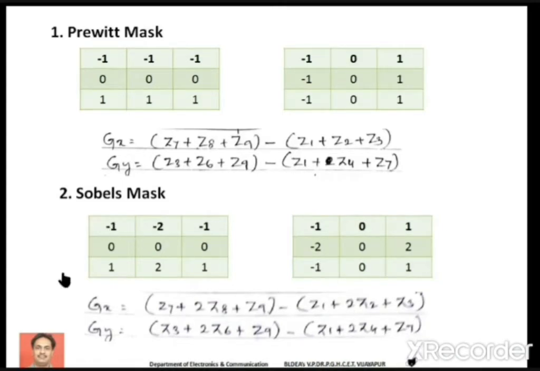I think you are understanding how to calculate gx and gy using these masks. Once you have gx and gy, you can easily calculate the magnitude and the direction. For magnitude, it is simply the absolute value of gx plus the absolute value of gy, and direction is tan inverse of gy divided by gx. Then we have the last one,